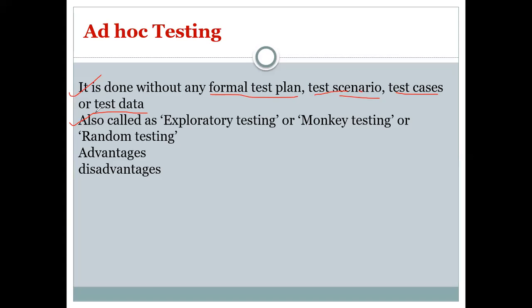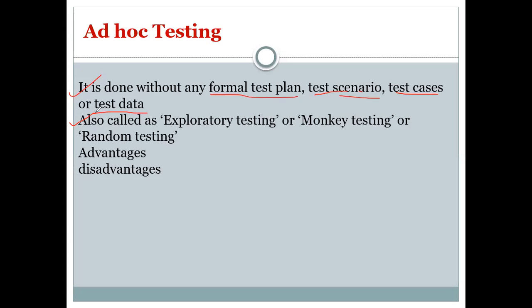No. If any monkey is allowed to sit in front of a laptop, what will he do? He will do anything. He is going to click on any part of your page. He is doing anything with your software, isn't it? So that type of testing you are going to do in case of ad hoc testing.